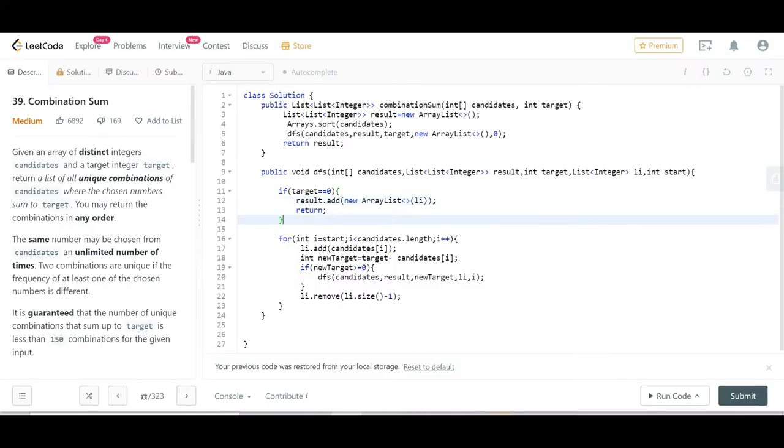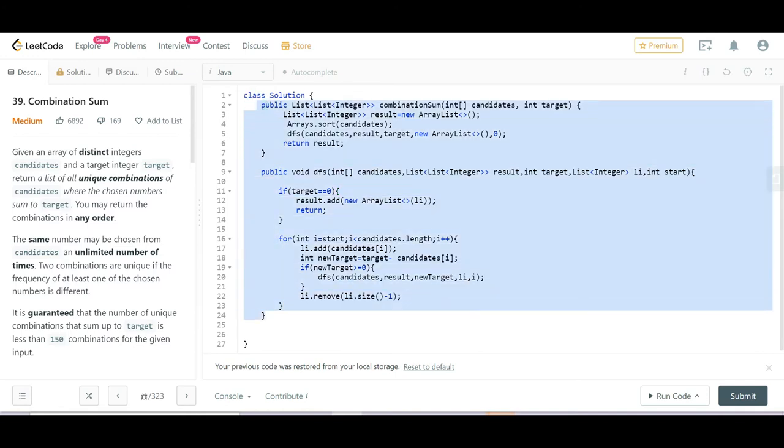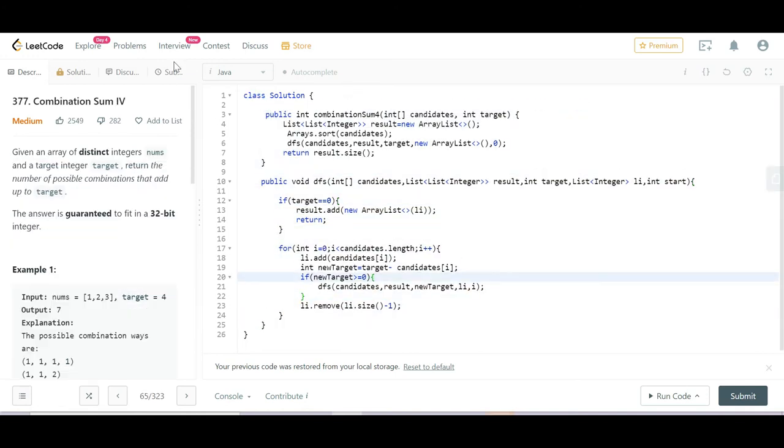Now we will take the solution of combination sum 1 and paste it into the combination sum 4 problem. I already pasted it and made some changes. The method signature, obviously. Then, instead of sending this as a result, I am sending result dot size, because I only need the number of possible combinations, not the actual ones.